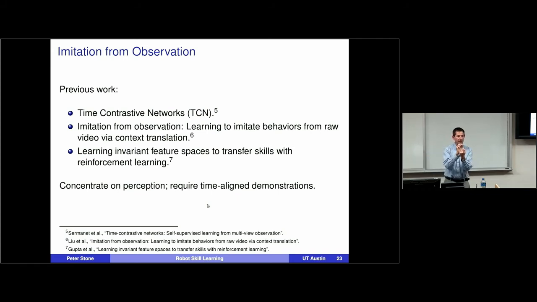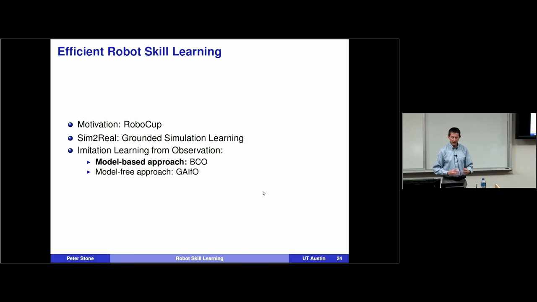They're trying to align the sequence of states that are going through, and they require time-aligned demonstrations. What that means is, if you have two demonstrations of that bird jumping, they have to be aligned in time, because they're basically saying at exactly this instant, what action should you take. That actually breaks down if you have cyclical motions like walking, because you get to the same position multiple times, and it can be difficult to disambiguate what the time alignment should be. So in our case, I'm going to talk about two different approaches.